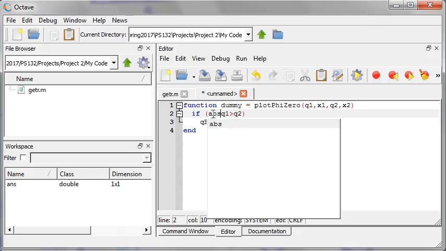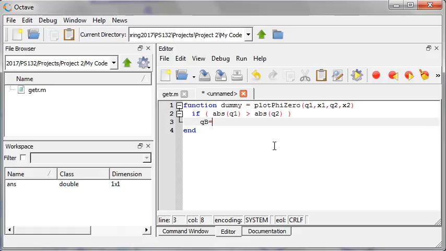So the absolute value of Q1 greater than, I could put a little space in there, the absolute value of Q2. If the absolute value of Q1 is greater than the absolute value of Q2, then QB is equal to Q1,